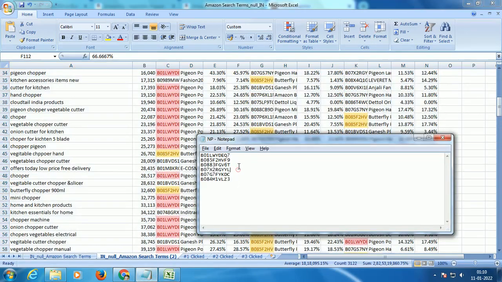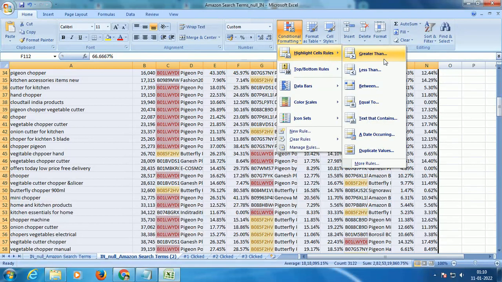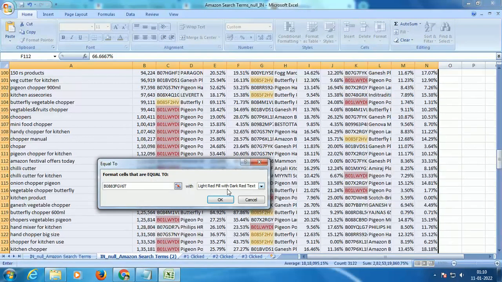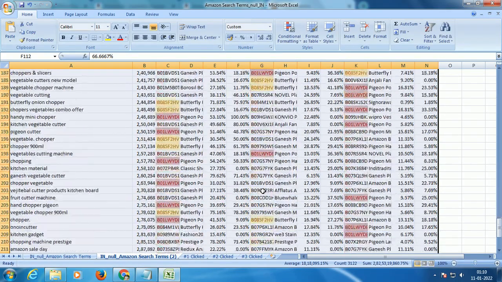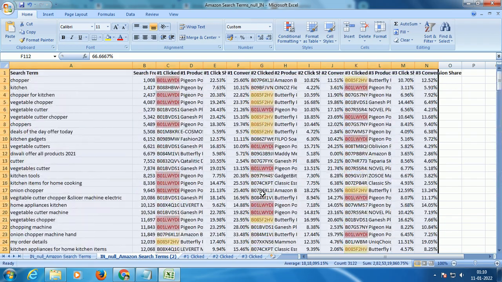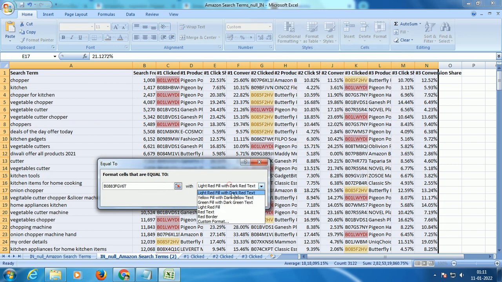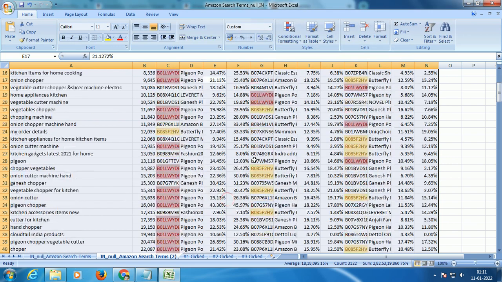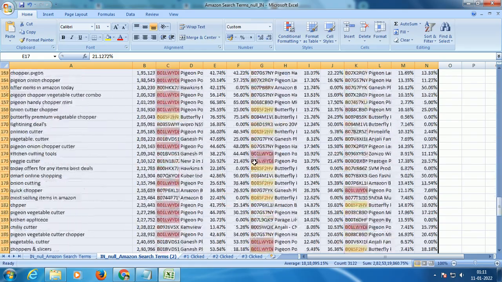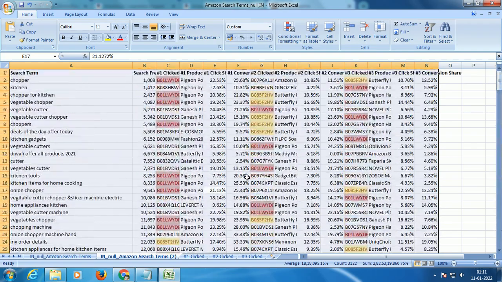So I'll try to do the same thing for our third one. I'll say conditional formatting equals to this. Now we need to color it with, let's do green, right? I don't see any greens actually. I don't think this guy is ranked at all, right? Which is really bad, right? So let's check once again. I hope we did not miss him. Equal to this, and I'll say this. I want to see him in green. Okay, cool. So guys, we see that the third competitor is not at all ranked for any of these keywords, which is bad, right? He has got a lot to do in terms of work, right?